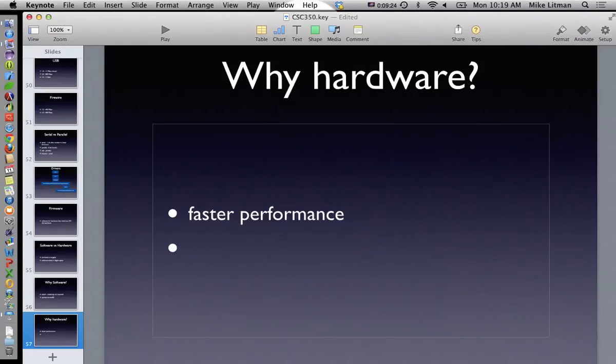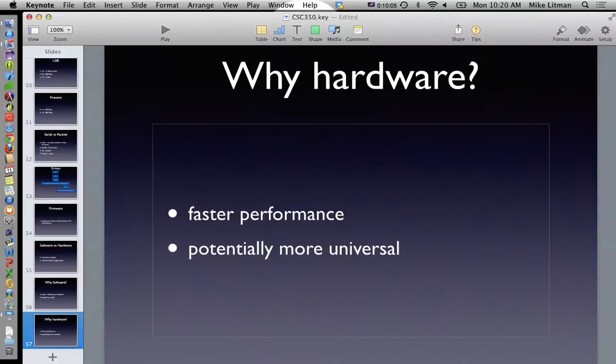Yeah. Well, also, if there's a certain problem or a certain solution that you need to keep answering, if you do it once on hardware, you don't have to do it for every single software program that tries to run on hardware. So potentially more universal? If every time you need to switch the two numbers around, you just had to do that. How is that different than a method, though? Oh, I guess you have a method built into the language, but then you have to build it into every language. So I guess build it once versus build it however many languages there are that can run on the hardware.